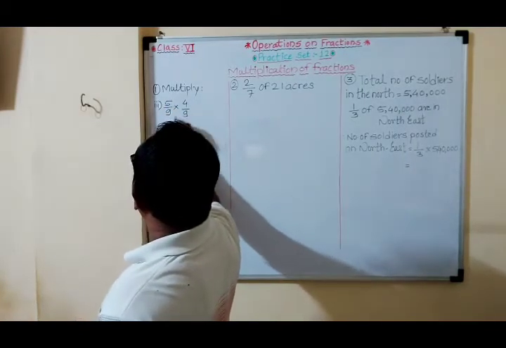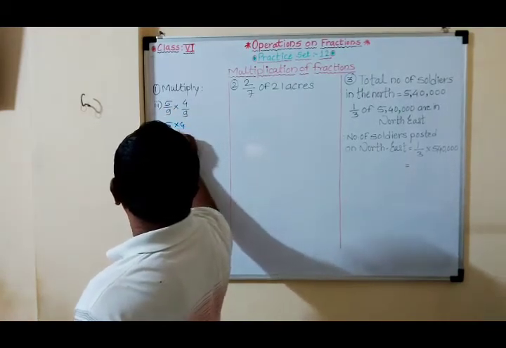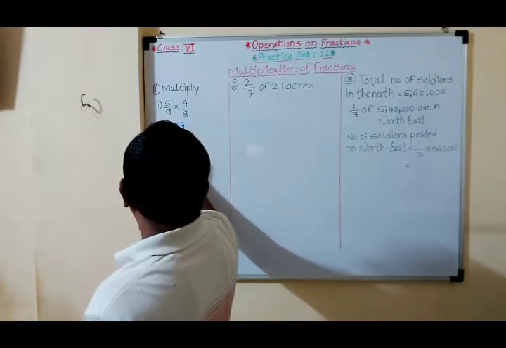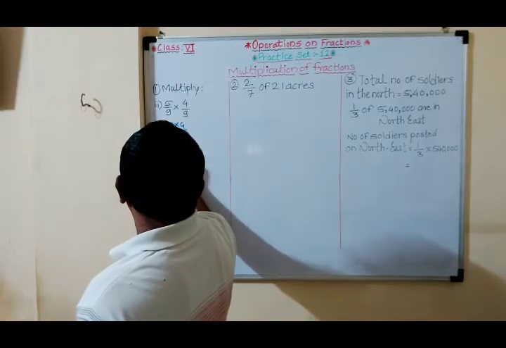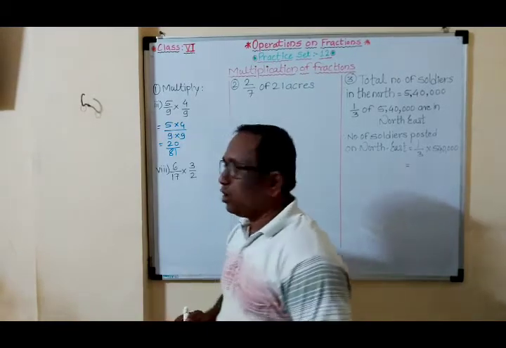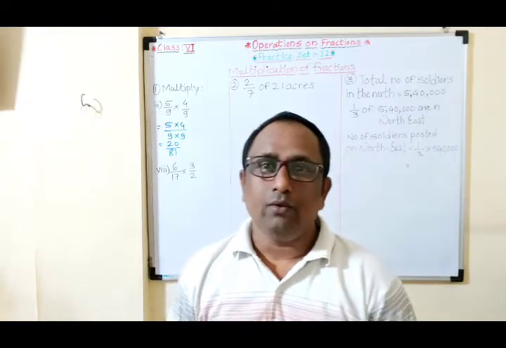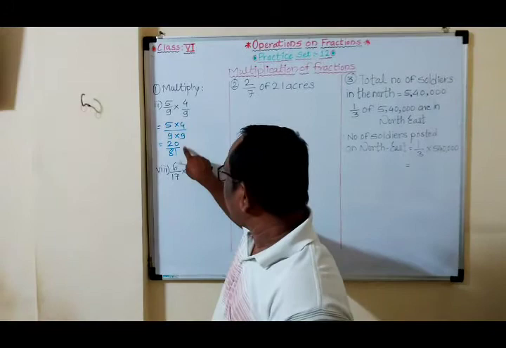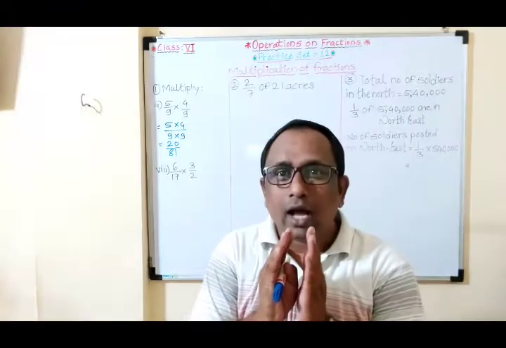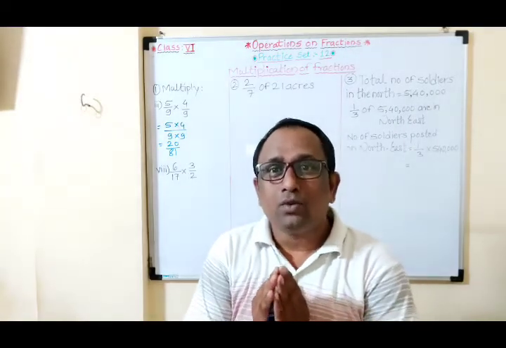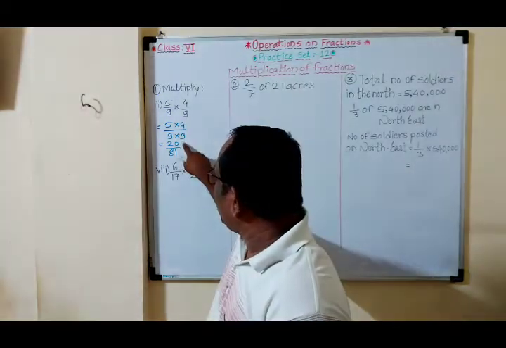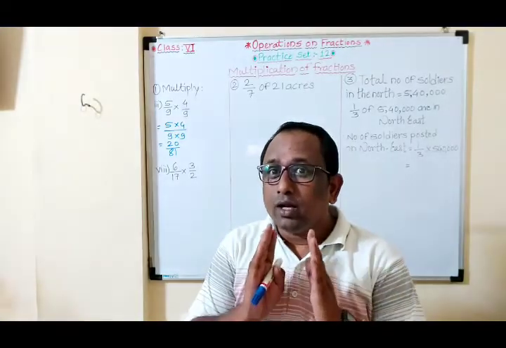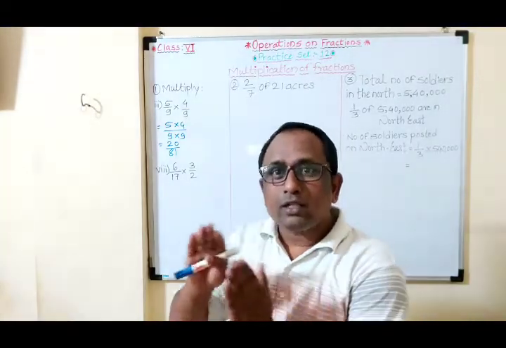Here numerator 5, here numerator 4. So 5 into 4, and 9 into 9. Okay, 5 4s are 20 and 9 9s are 81. So we got the answer 20 upon 81. Okay, but students, here also you have to take precaution. When we get this fraction, we have to make the answer into simplest form. Means what? We have to see whether 20 and 81, both numbers, are divisible by any one same number, and we have to make it into simplest form.